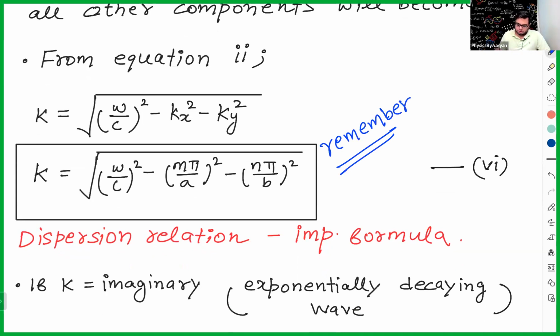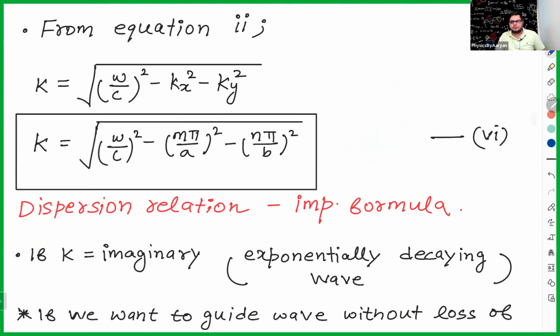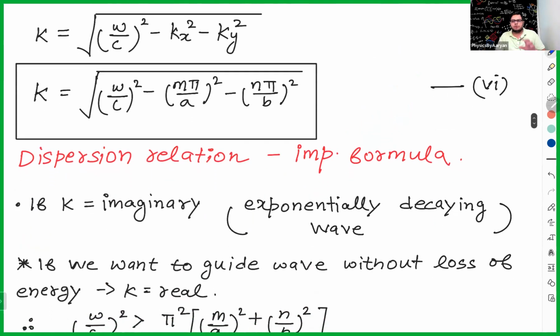Okay. So this is the possibility. This is also known as the dispersion relation. Any relation between k and omega is known as a dispersion relation, and this relation is between k and omega. Okay. And if you really want that your wave goes without any loss,